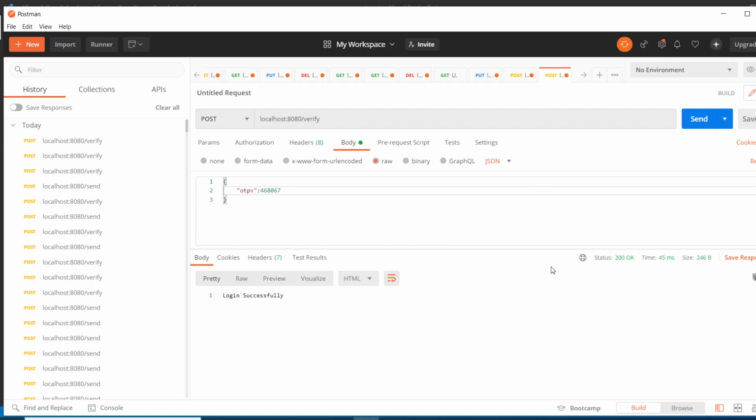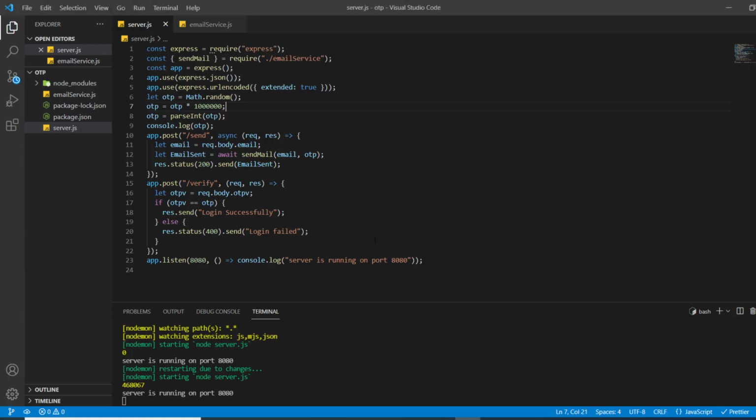Okay. You can do one more thing here. Like I have created two endpoints, you can create one more here to resend the OTP. For that, you just have to make another endpoint, app.post, and there you have to call this send mail function again. In the send mail function, you have to provide the email from Postman, and the OTP it will take from the application, and then it will send the email to the user, right? So guys, this is how OTP system works, OTP authorization works.